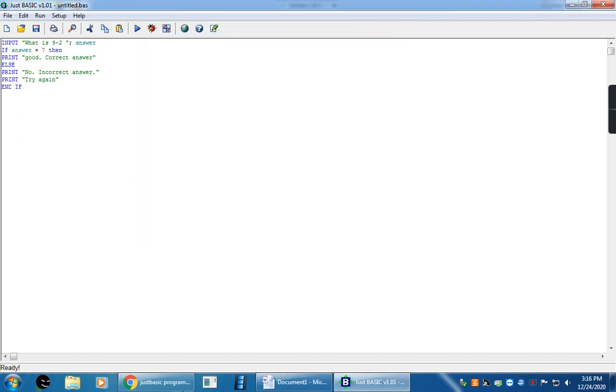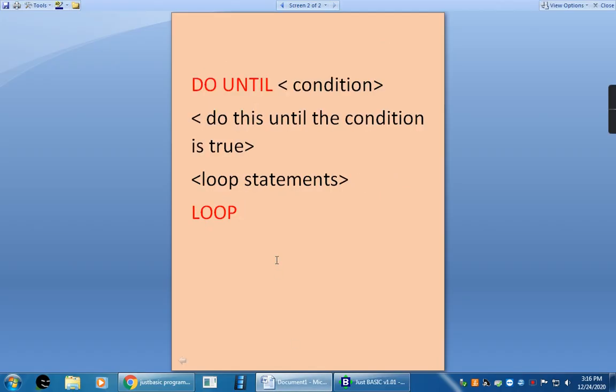Okay. Now we'll go for looping. Sometimes we have to execute a set of statements repeatedly, again and again. When we execute the same set of statements again and again, this is called looping. So do until is also a looping statement. Here we'll set the condition, then we'll give the statements. When we see the example, we'll understand it better.